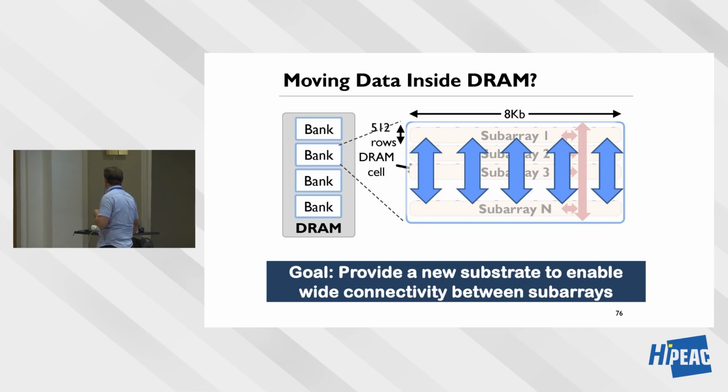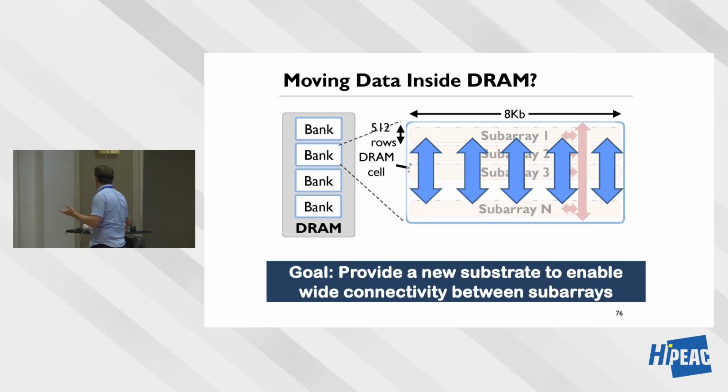So let's take a look at how DRAM is organized. We're going to look at a single bank. A single bank has many subarrays. I've already shown you how to do the copy within a subarray, and how to do the copy between banks. But how do you do the copy between subarrays of the same bank? This turns out to be unreasonably difficult because there's no connectivity between the subarrays. So what do you need to do? You have to read something from this subarray, take it outside, and write it back to the destination subarray. This is because of the low connectivity, and low connectivity arises because these subarrays are connected to the row buffer with 64 bits.